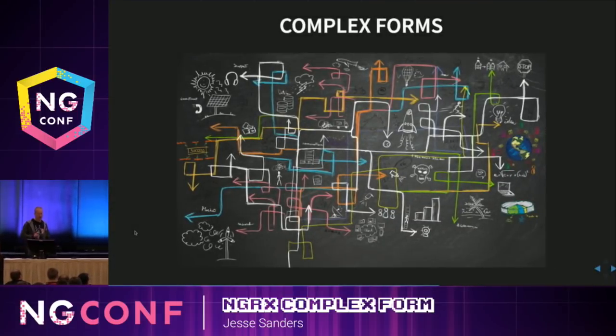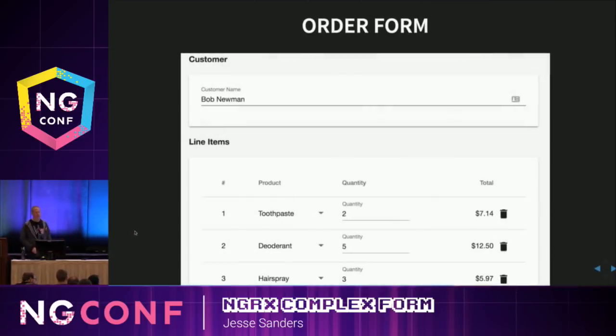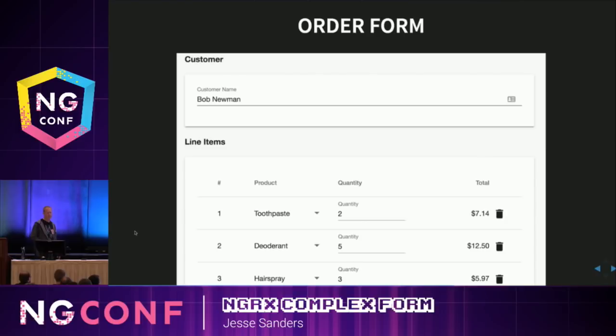So this looks more like what complex forms are like. A little more crazy. Usually we've got nested data, and this is where we're going to come back and look at our order form. So our order form here has a customer. It has line items, and each line item has a product that I can set, and I've got a value on that. So if we come over here really quick,